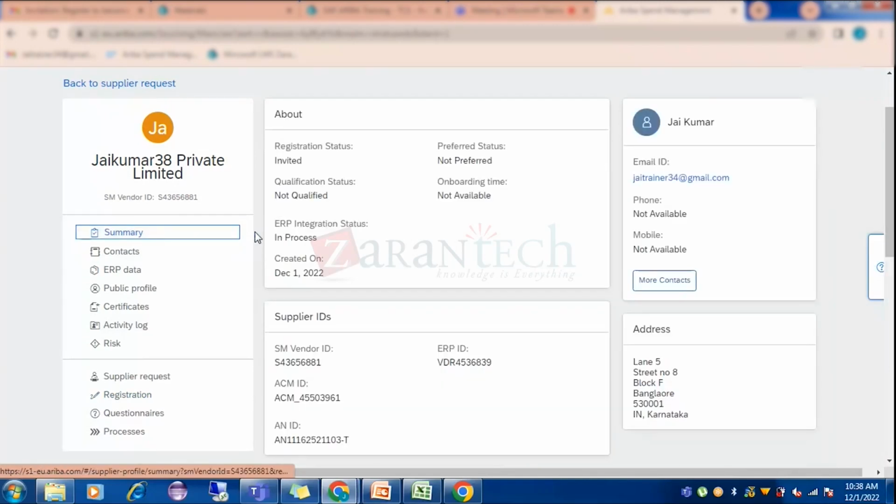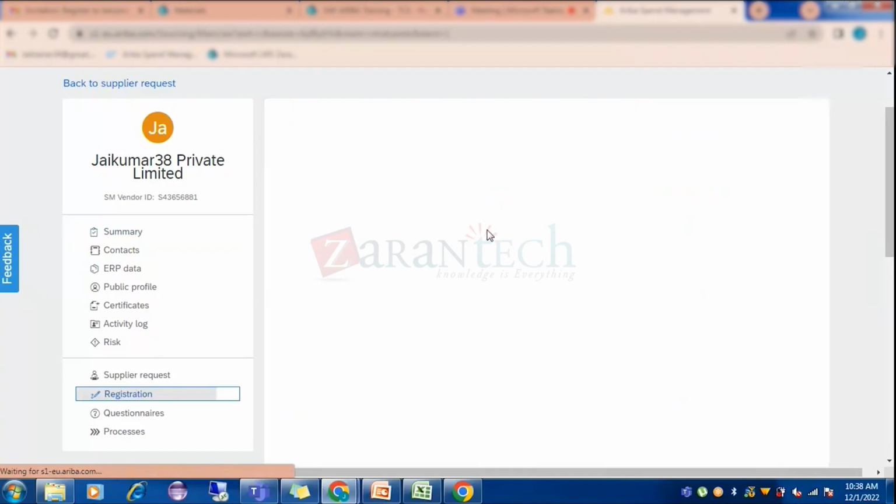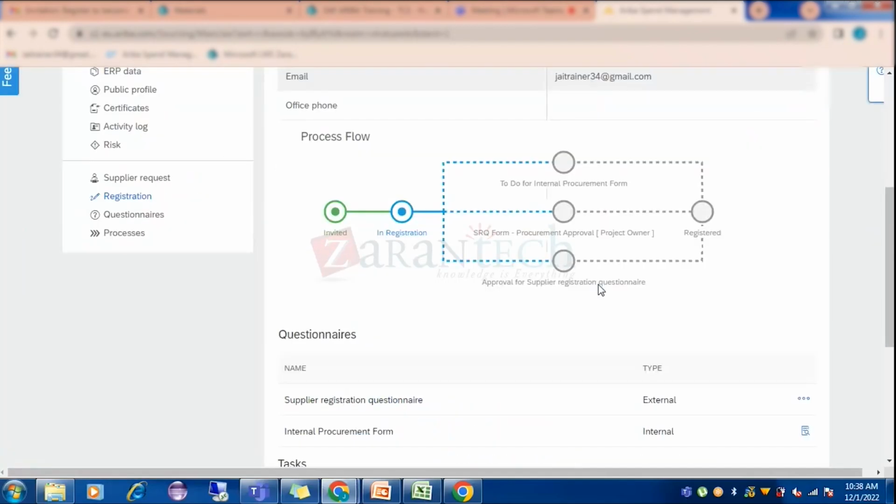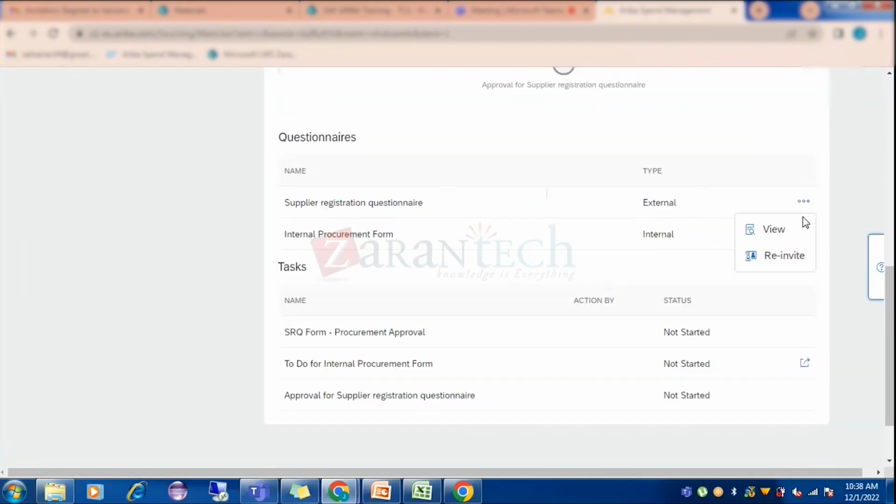Yes, sir. While creating the supplier, we can add multiple contacts, right? Instead of sending the re-invite later, can we add multiple contact persons at the time of creating? No, that is only one. You can see here, it is a registration process. If I go back into the registration process and click on this re-invite here,